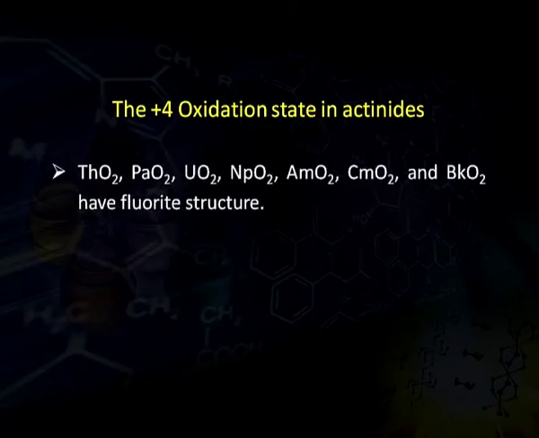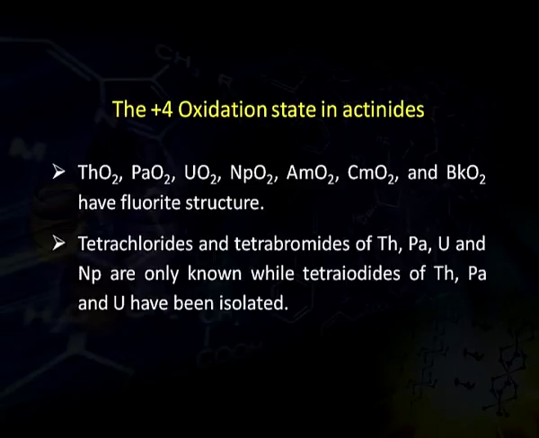Americium +4 and curium +4 exist only as complexes in concentrated fluoride solution of low acidity. The hydrated fluoride and phosphates are insoluble in nature. The oxides of thorium, protactinium, uranium, neptunium, americium, curium and berkelium have a fluorite type of structure. Tetrachlorides and tetrabromides of thorium, protactinium, uranium and neptunium are only known, while the tetraiodides of thorium, protactinium and uranium